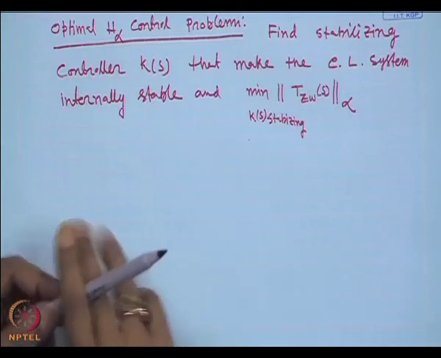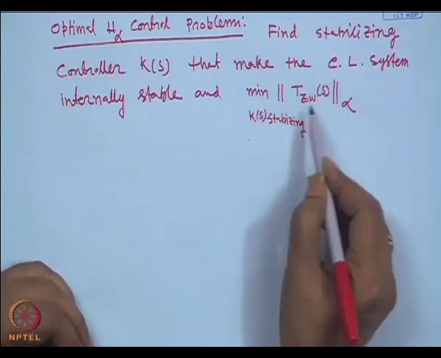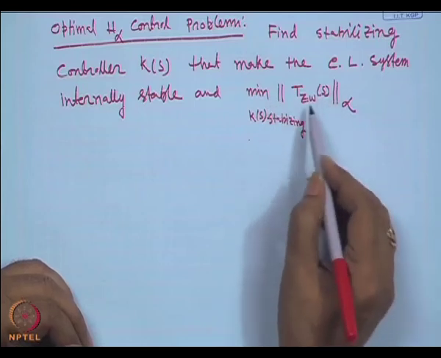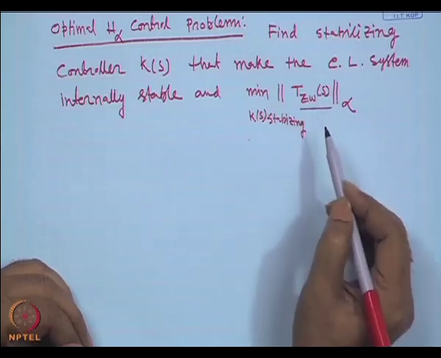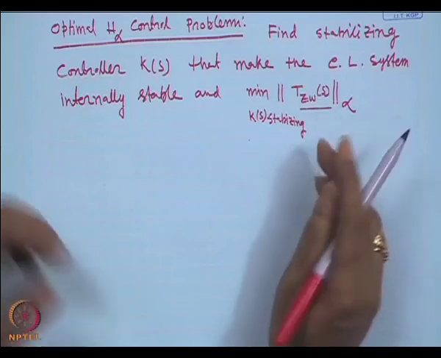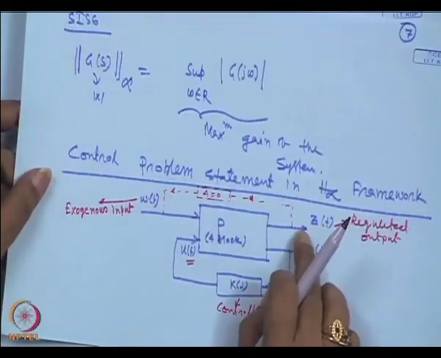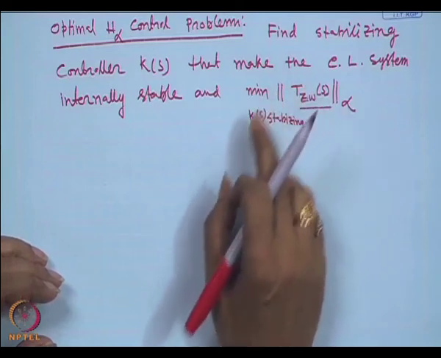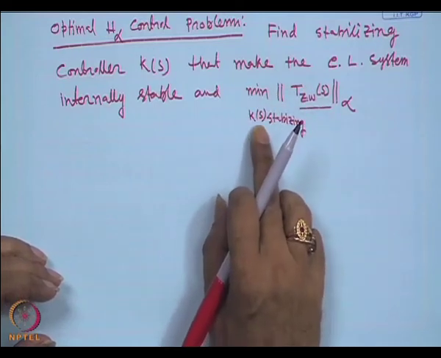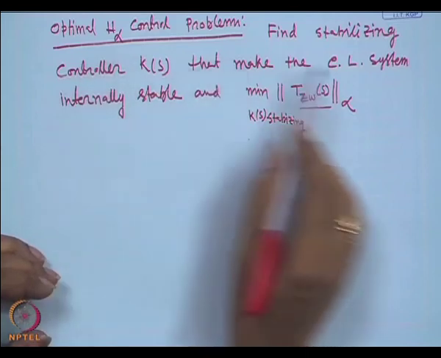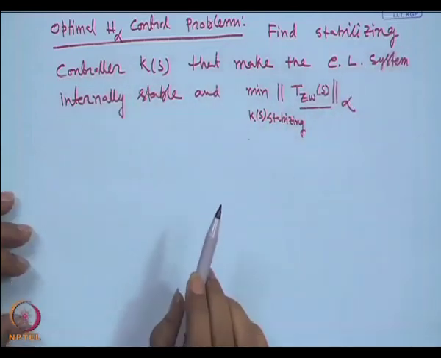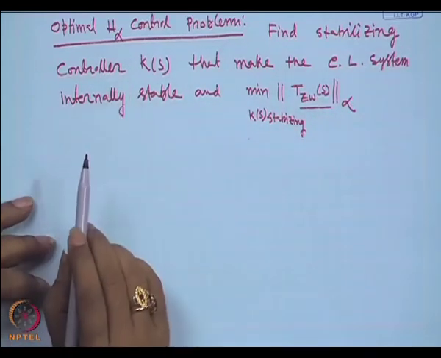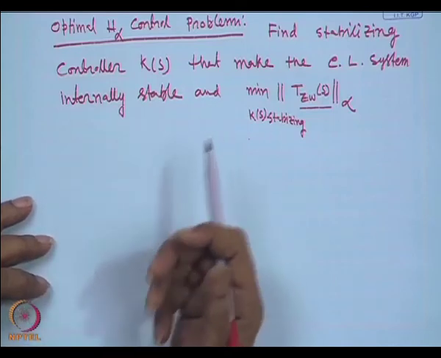Between W and Z. You find that, and minimize the H infinity norm of it by selecting the stabilizing controller K of S. This is the optimal H infinity control problem, but the solution of this problem is very